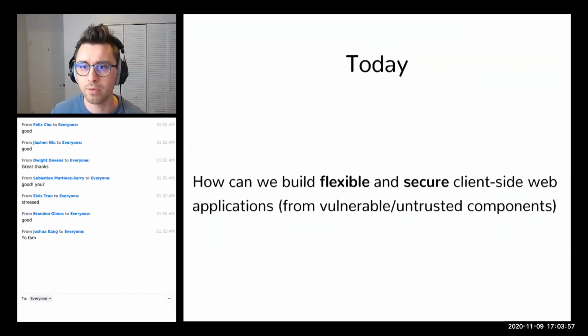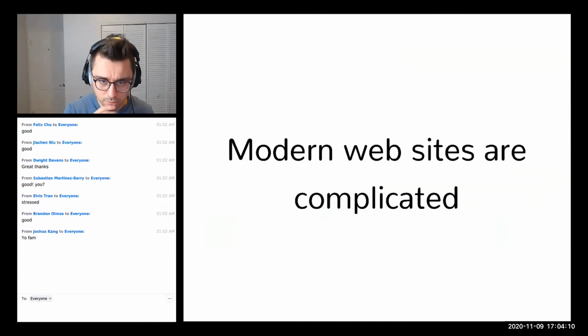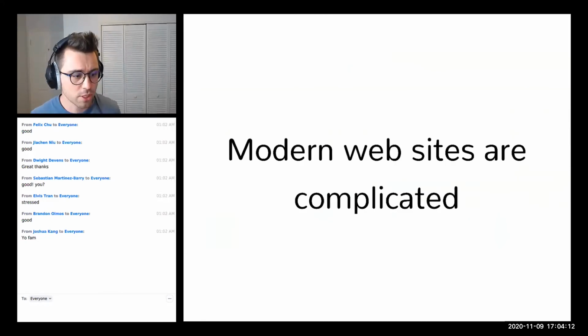You're probably not going to read much about these trade-offs when you look up these different concepts, but I think it's something worth thinking about and having in the back of your head when you're looking at these different mechanisms. So to start, I want to pull up the browser